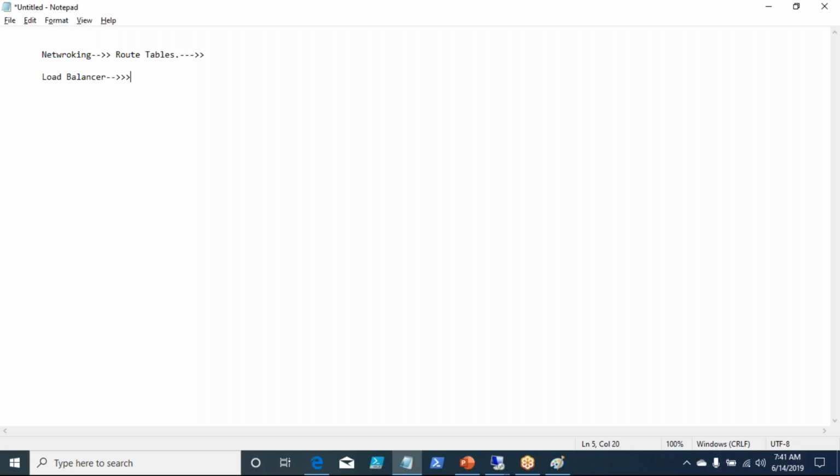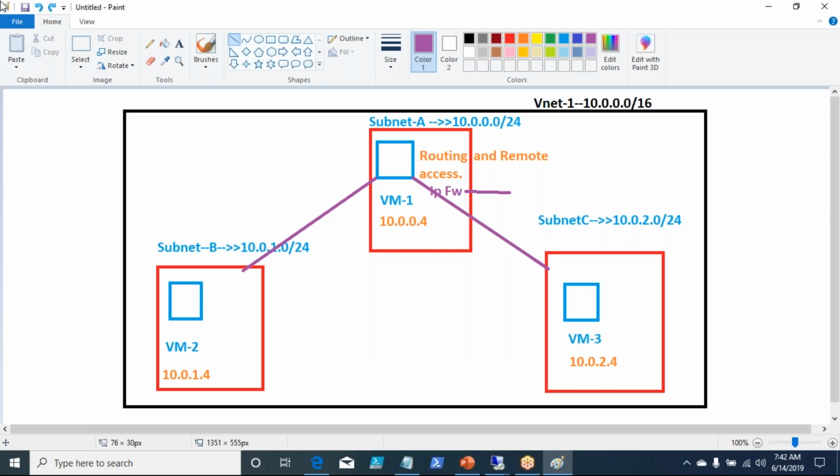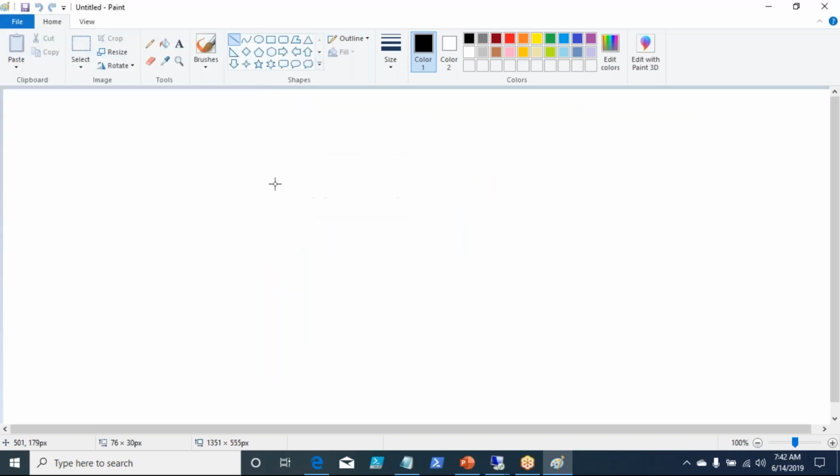Right. So let us quickly look at a scenario. Let us go to our MS Paint. Now you have an environment, let us say the Azure environment.